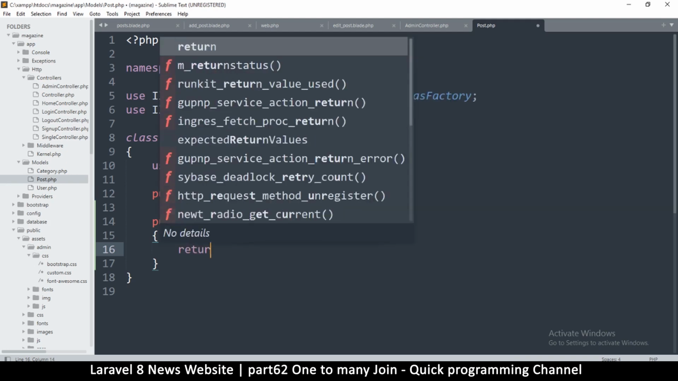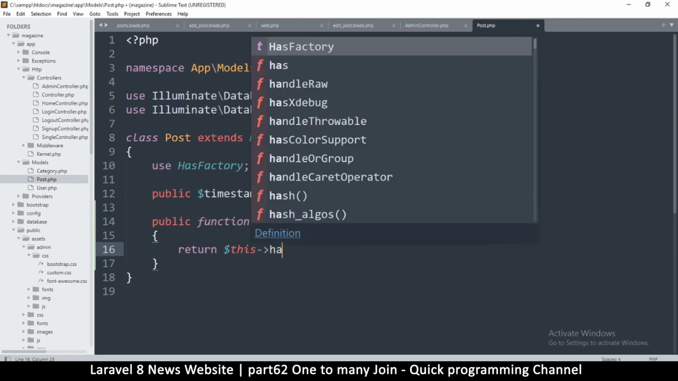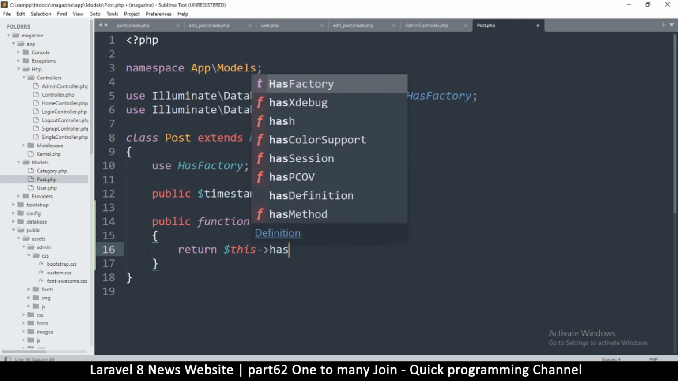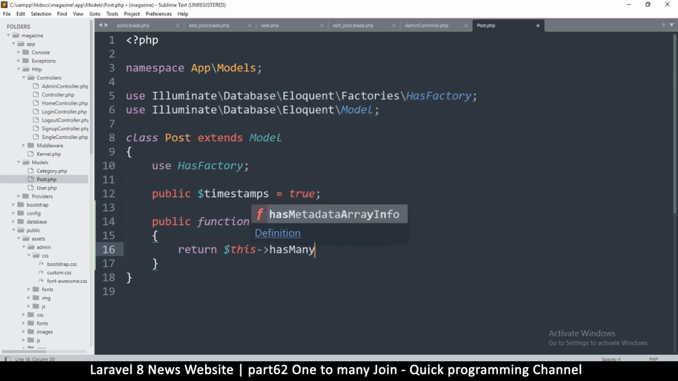So let's return something here. We have to return a value according to the rules, and the rules say you have to write this like so, and then you say has many like that. Now this is because this is a one-to-many relationship. If it was a one-to-one, we can say has one something like this, but we have the has many like so. So all we have to do now is to put the class name that is responsible for retrieving the data that we want. In our case, it's the category